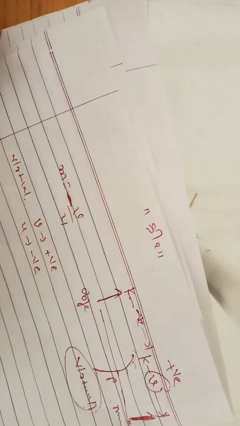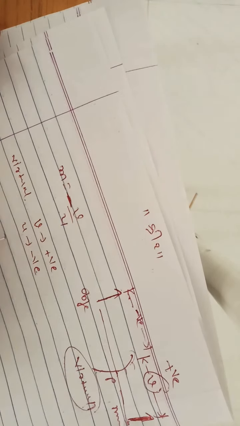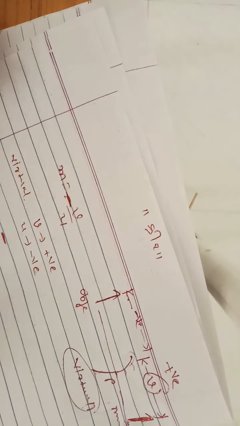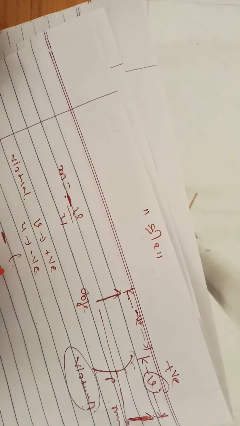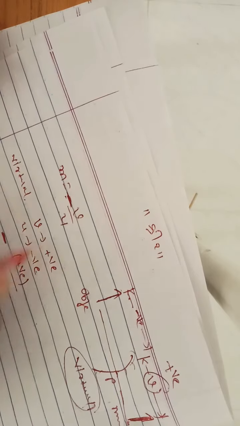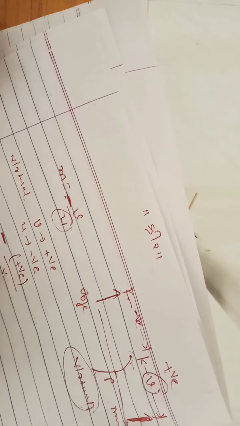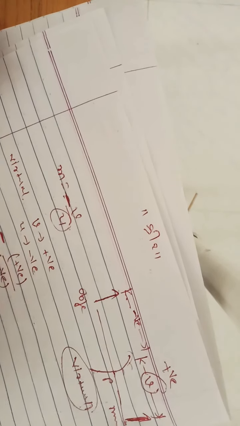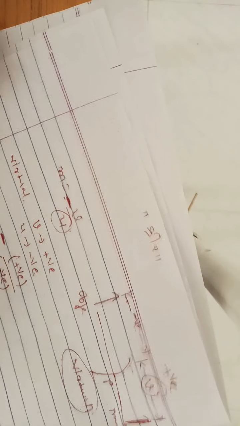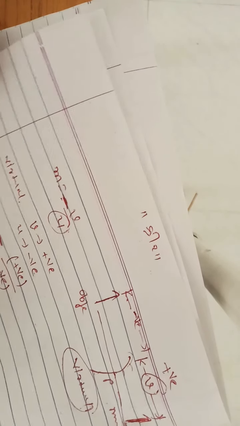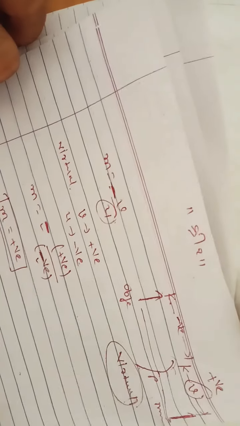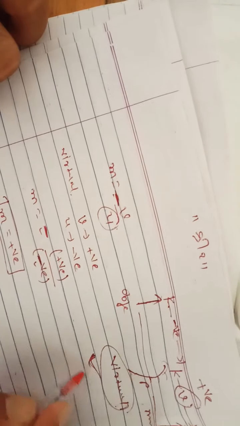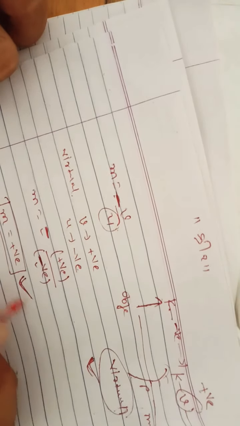Okay, so now put this here. m is equal to, this minus is there, v is positive, and u is always negative. So this negative and negative becomes positive, so our magnification is positive. So what is the conclusion? When our image is virtual, at that time magnification is positive.